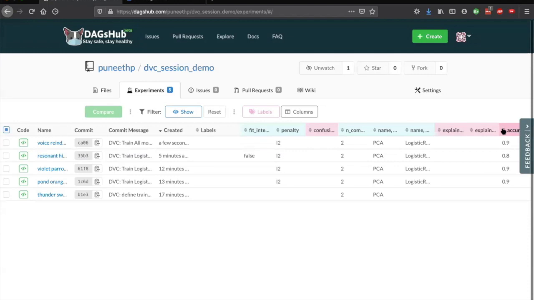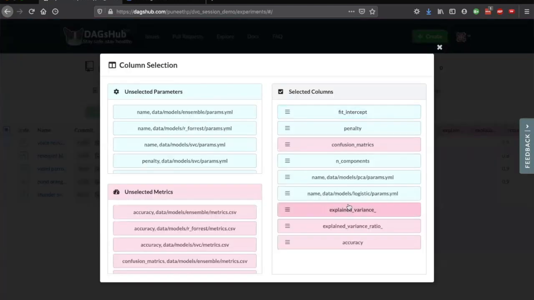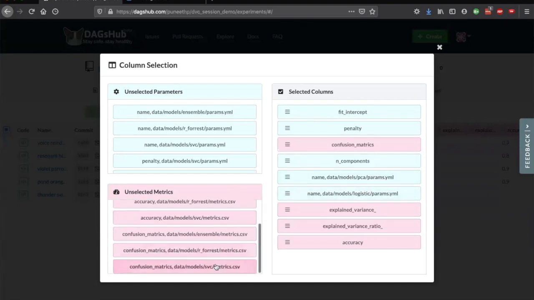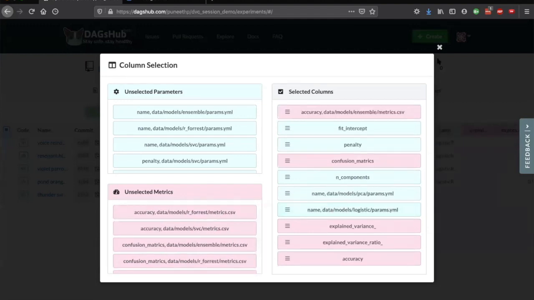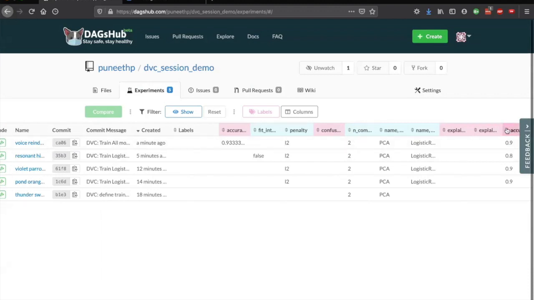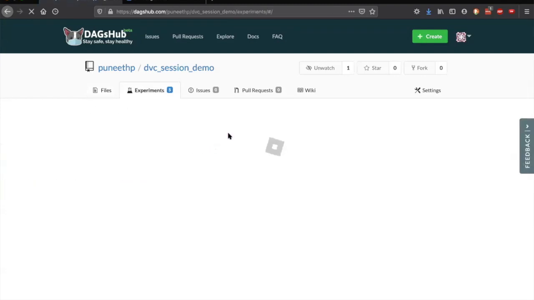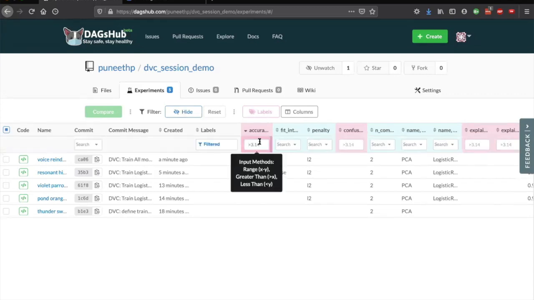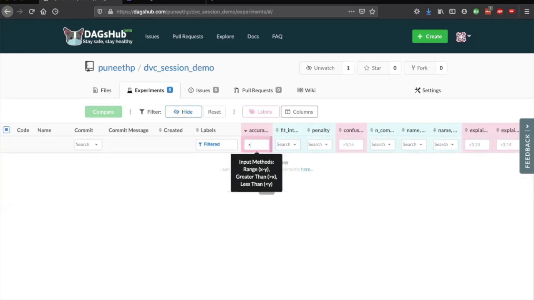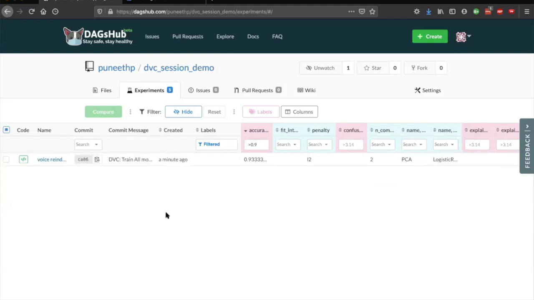You can finally have, this is the final accuracy, and if I say accuracy greater than 0.9, this is the best model.